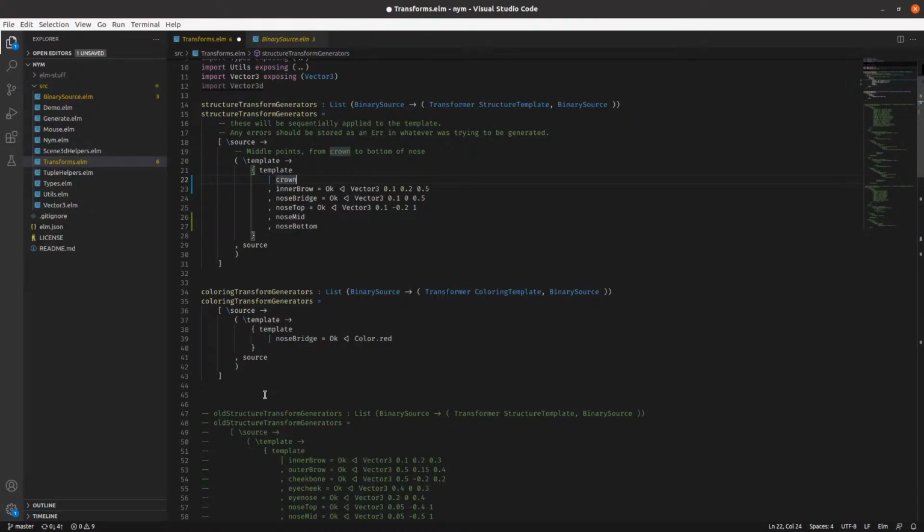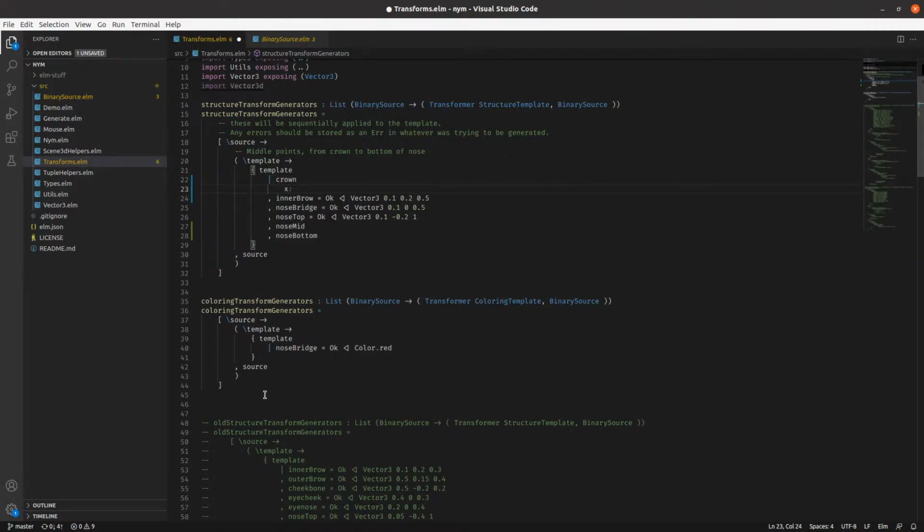So, well, let's think about the crown. Let's just write maybe some pseudocode. So we want the x to be, now the x, the way I'm defining these is if you look out of your own face, then x will be to the right, y would be up, and z will be out. And that's how we define the points for the face. And we're defining just half of the face, and then we copy a lot of the points over elsewhere in the code. So when I'm choosing the x of the crown, in fact, maybe I will